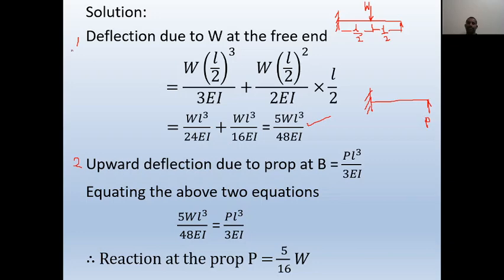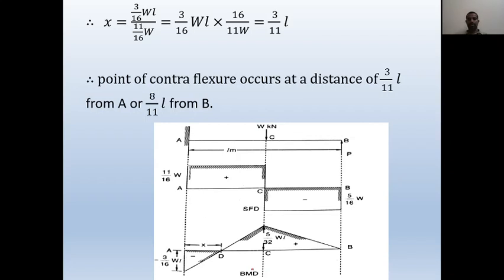And here, based on these two deflections, we need to have an equation. By equating the above two equations, 5WL cube by 48EI is equal to PL cube by 3EI. Now when you equate, L cube by 3, EI gets cancelled, and therefore 3 16s are, so 5 by 16 times W. So this is the prop reaction. Like this we have to calculate the prop reaction. Hope it is clear. So coming forward,